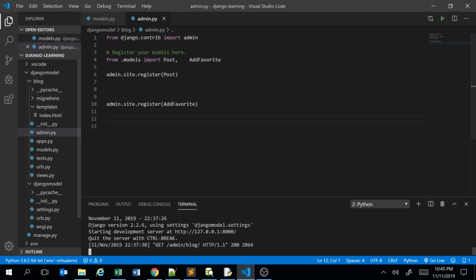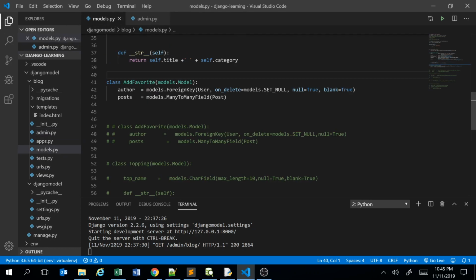I felt it is better than Sublime Text, so I started using Visual Studio Code. But it's up to you guys. You can stick with Sublime, or you can use any editor, Atom, or anything, whatever you want. Okay, so